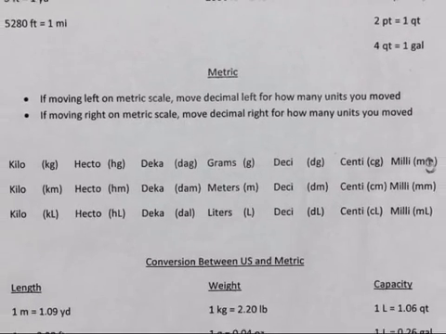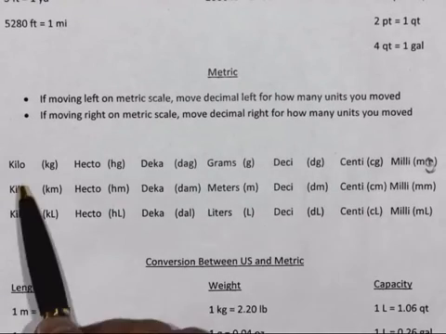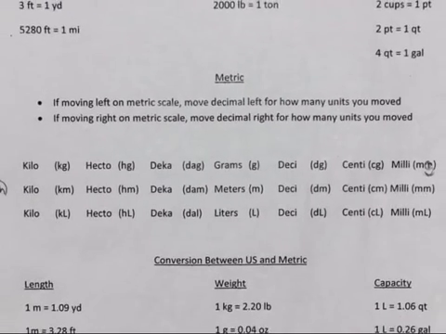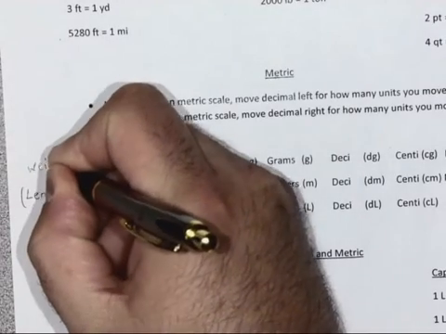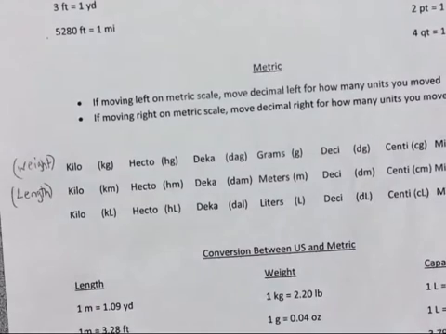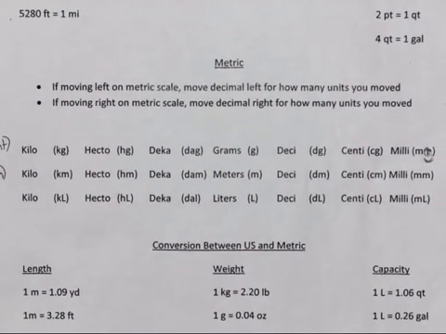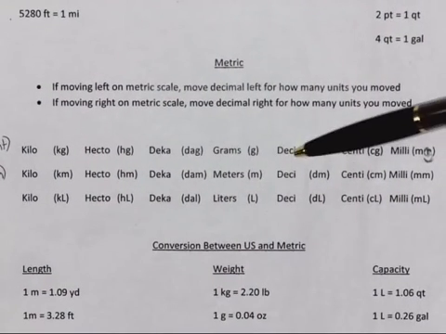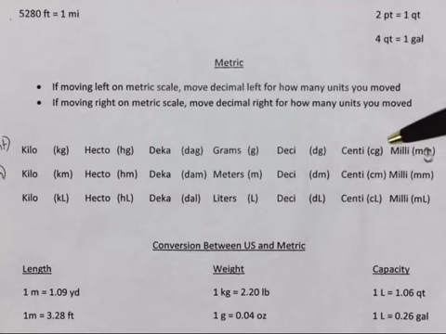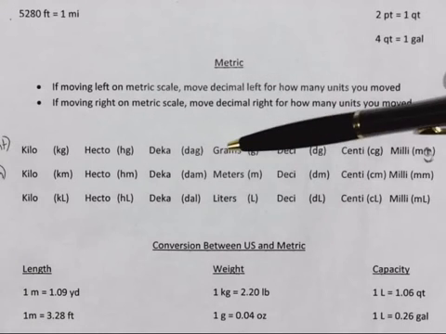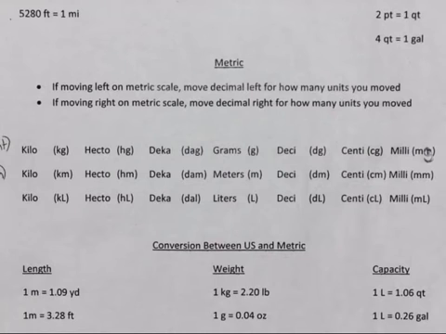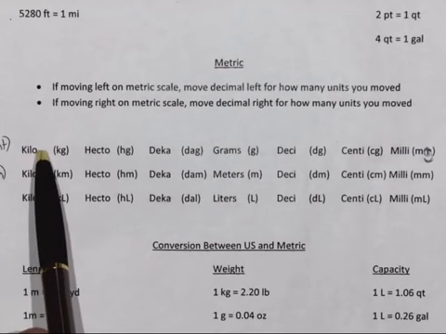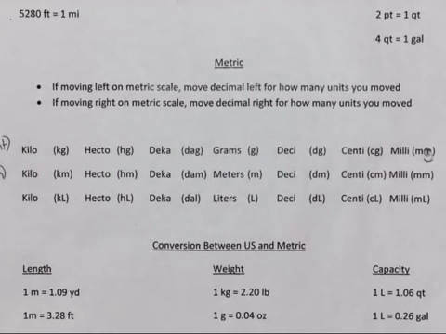units for weight, which is going to be this first row. So I'm going to label that weight. The base unit is grams, and if we go smaller than grams, we have decigrams, DG, centigrams, CG, and then milligrams, MG. And then going above grams, we have decagrams, DAG, hectograms, HG, and kilograms, KG. And so this goes, once again, from the heaviest to the lightest, right on down the line in terms of